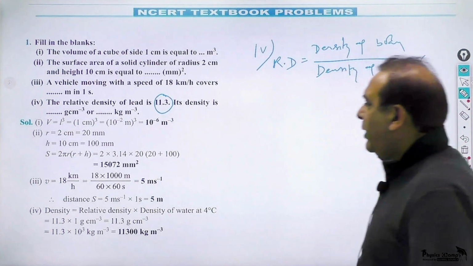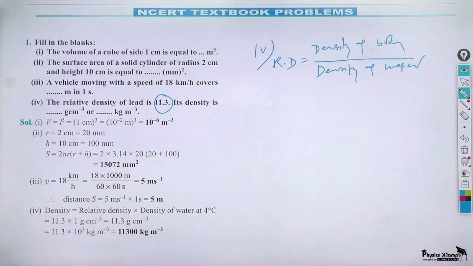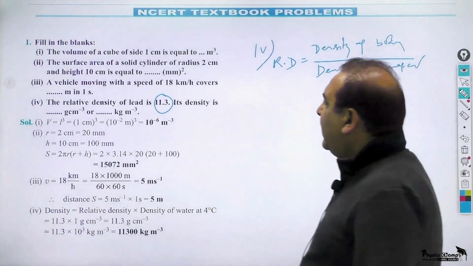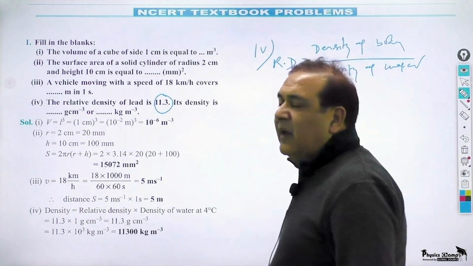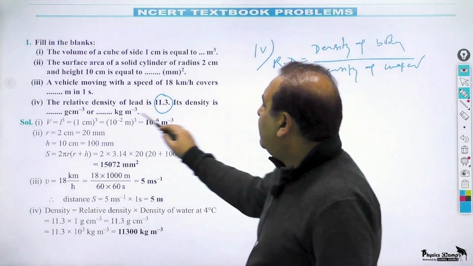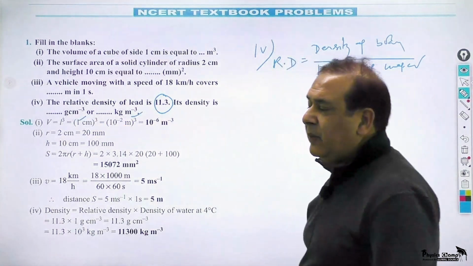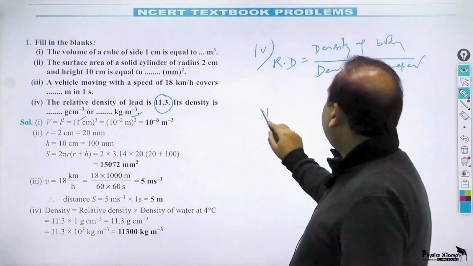This is how we calculate relative density of any material. Question says relative density of lead is 11.3. Its density in gram per centimeter cube or kilogram per meter cube. So I can say density of lead